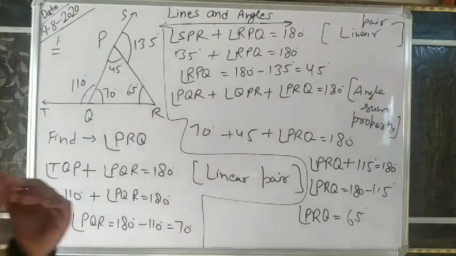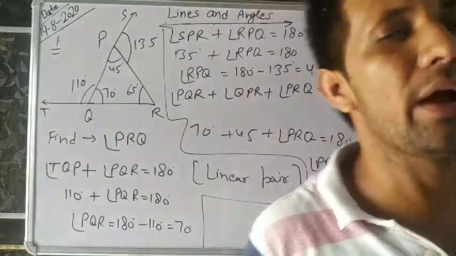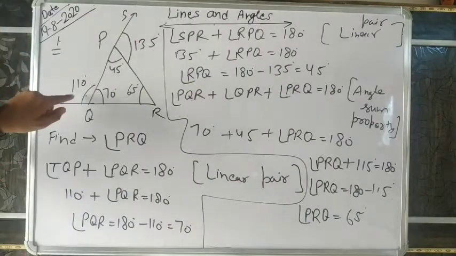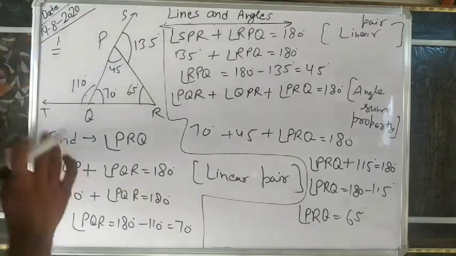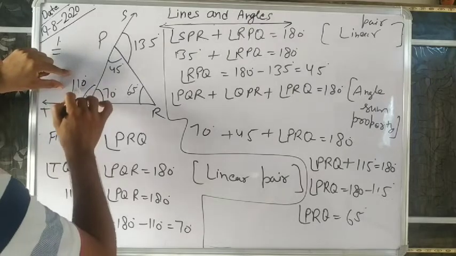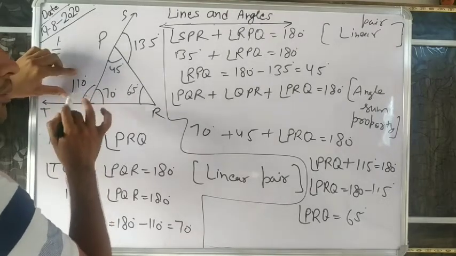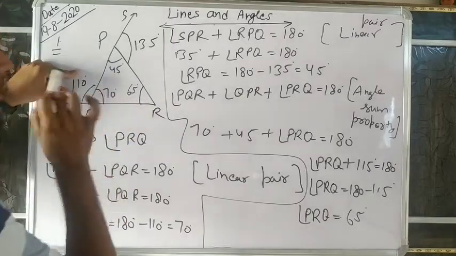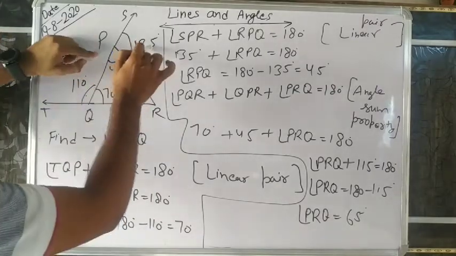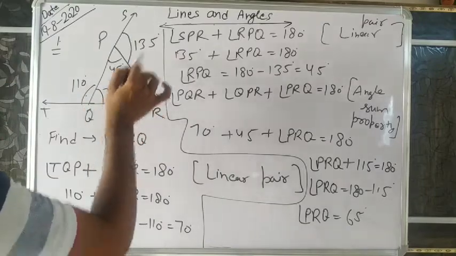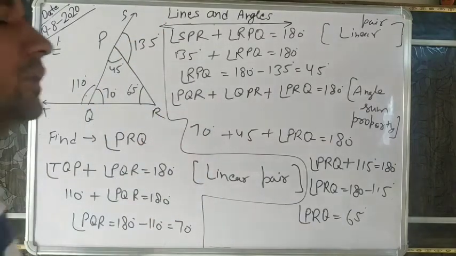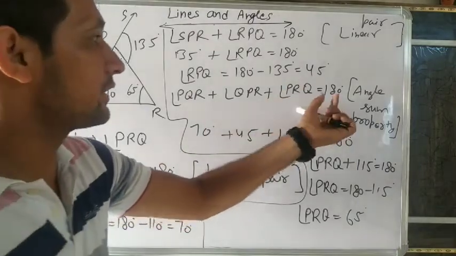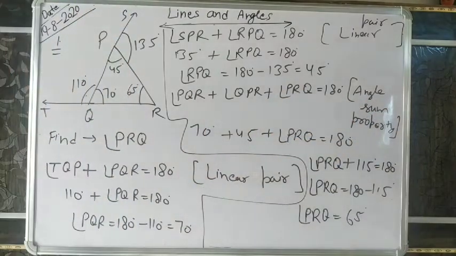And if you have any confusion, you can verify your result also. How will we know? The exterior angle is equal to the sum of the two interior opposite angles. This one plus this one, 45 plus 65, is 110. It is also the exterior angle. This one plus this one, 70 plus this. So it means our answer is right. In every step we will write reasons also. Understand it? So next is now.